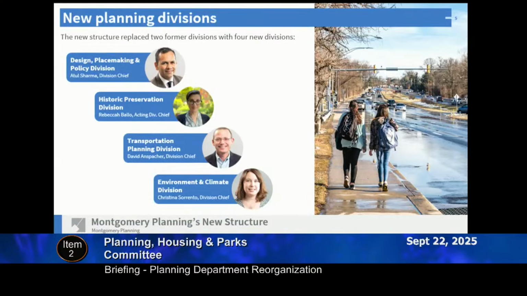Now, we've heard some external concerns that consolidating the functional planning staff in this way will create silos, leading to conflicting recommendations or give the functional teams too much weight in the review of development applications. We think it's actually the opposite. So tearing down silos in an organization isn't just about better communication. It's about building a culture of shared purpose, transparency, and trust. Silos form when teams operate in isolation, hoard information, or prioritize their own goals over the organization's mission. So this comes down to having strong leadership at the helm of these divisions and in the director's office.